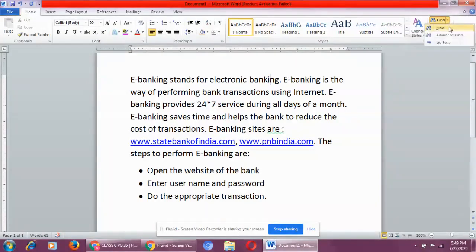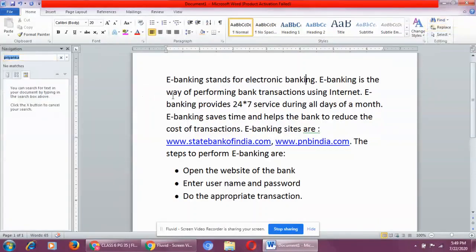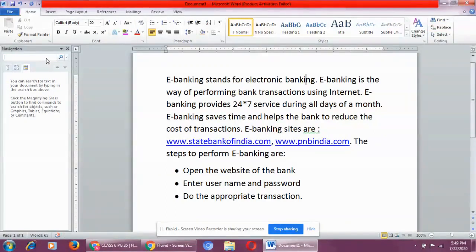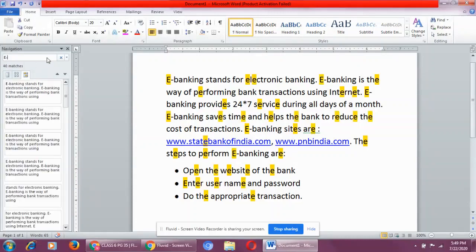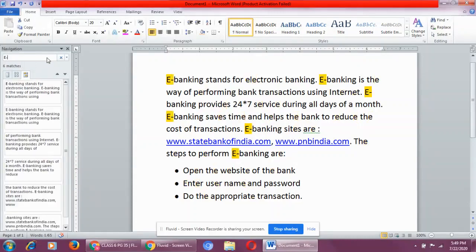I'll click on Find. Now you can see on the left side of the screen, the navigation pane of Find has opened. There is a search box. We'll press the left mouse button, the cursor will appear, and say I want to find the word e-banking.